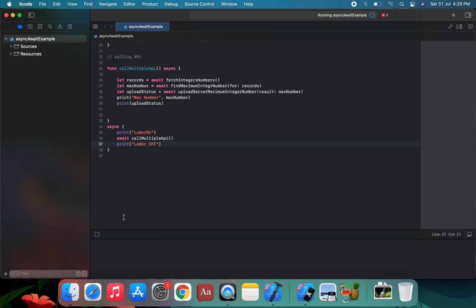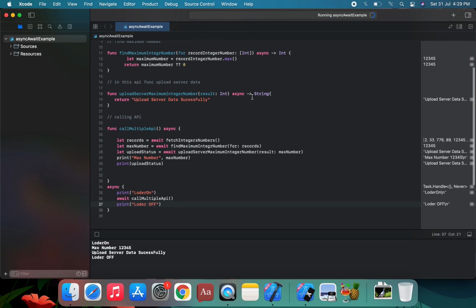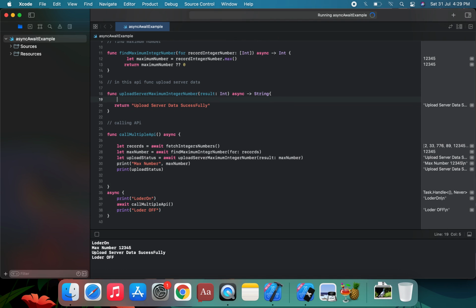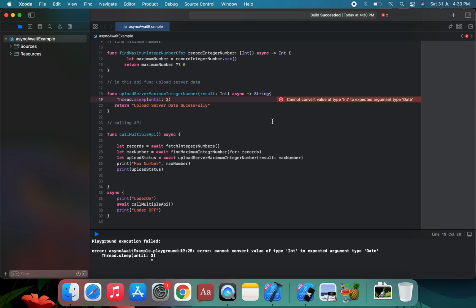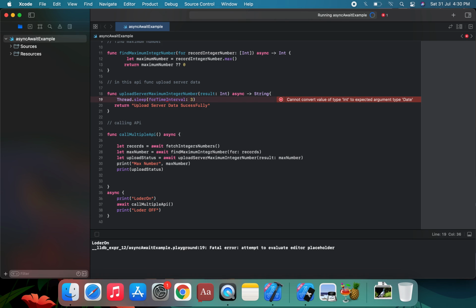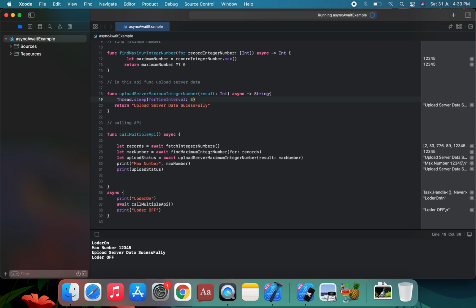Okay, we're going to run the application, and first the loader is on for the maximum number, but we have not applied the wait API. Suppose the server takes time to respond on this load wait in this API, so Thread.sleep in these methods, until a 3-second wait. Sorry, not until, this is for an interval, so we apply a time interval of 3 seconds. Loader is on, and await is multiple maximum numbers, and suppose this is 3 seconds, suppose this is 4 seconds.